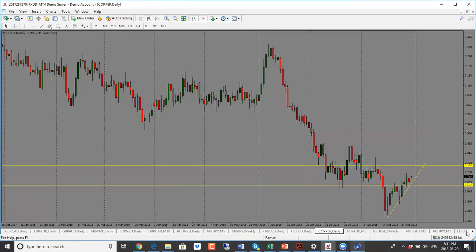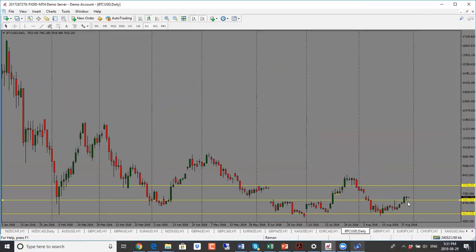Okay, so next one, we'll take a look at Bitcoin, and then we will wrap it up. Bitcoin still holding above the 68.80 level here. Not a very bullish move today. So it's kind of susceptible to the downside right now because it hasn't been able to break the next important level, which was right here.